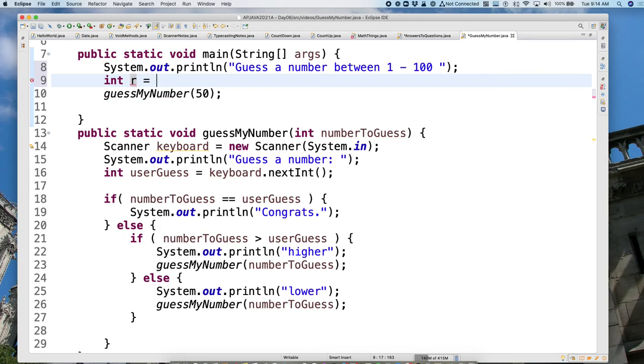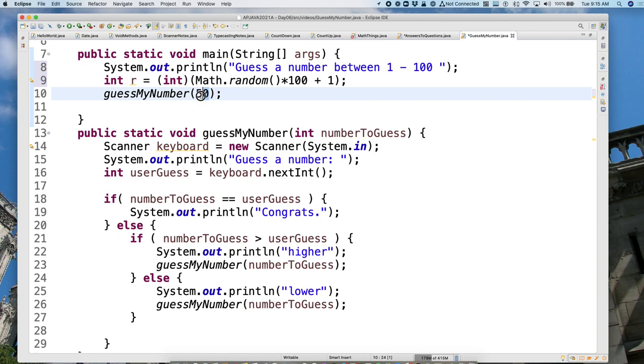And we'll call it r. And we'll go Math.random. And right now that's between 0 and 1. So if I multiply that by 100, now it's between 0 and 99. Well, a double between 0 and 99. So if I add 1, and if I do one more thing to this, it'll work out. So all of that becomes an int after it does all the math. So we'll send it the r, and now it'll be